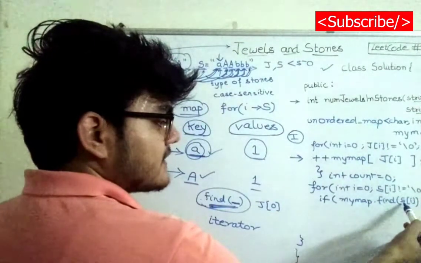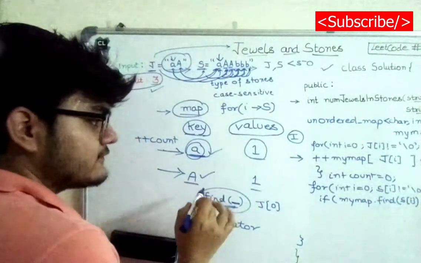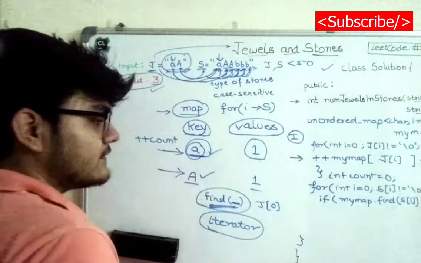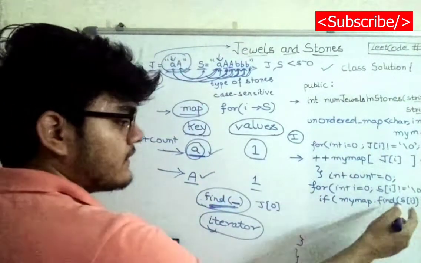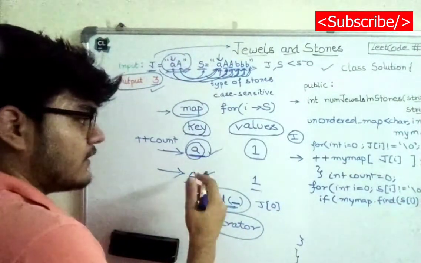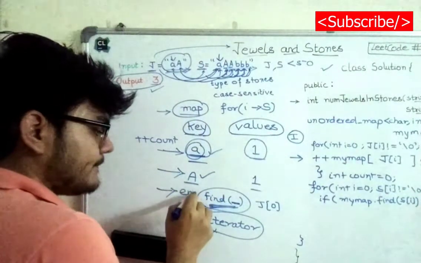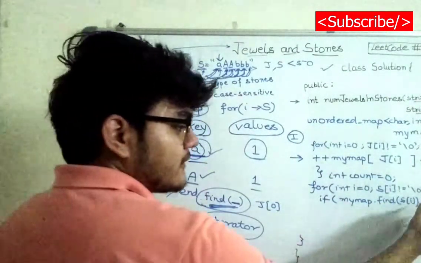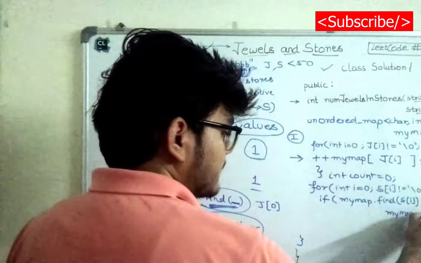You can see that I'm giving the characters of the string s as key, right? So it will find the character inside of the map, which is basically the jewels, and it will return an iterator to that particular position, and in that manner we will be able to find whether the particular key exists inside of the map or not. Now if this find function is not able to find a particular key, it will go to the end of my map. So we will have to just say that if my map.find is not equal to my map.end function,